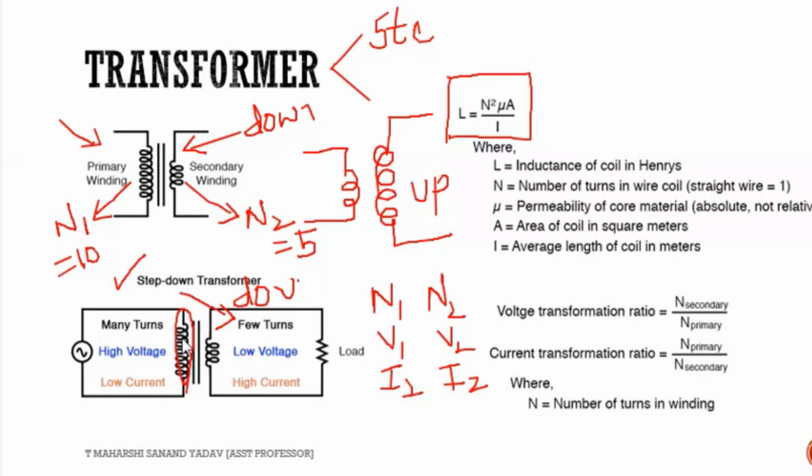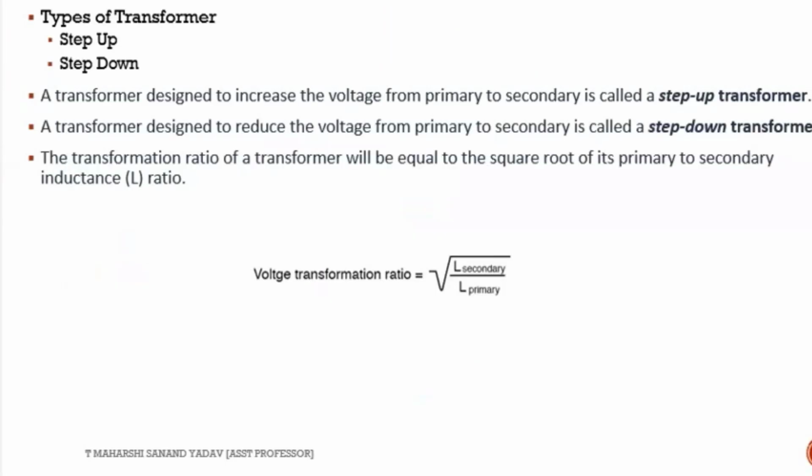And again, there will be two types of concepts in this, like self-inductance and mutual inductance. All these concepts are not needed for you. You will get those concepts again in ECA, circuit analysis, like what is meant by self-inductance and what is mutual inductance. There you need to study in detail, but from the subject point of view, you just need to understand what is step down and step up. For better understanding, I've given this slide, so you can go through this also.